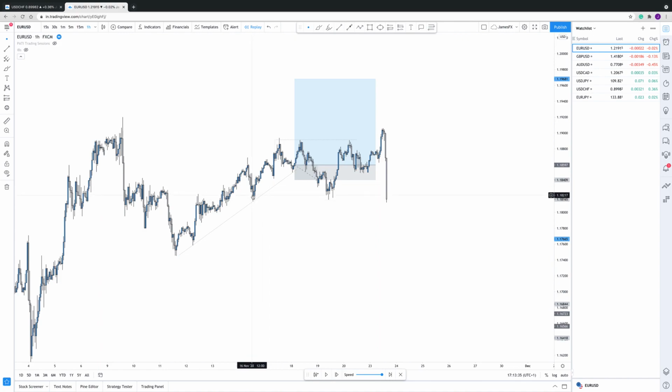So if we have buyers that got involved here, it's likely that if they're holding their trade, they're going to be managing their trade at the lows, because as we know, there is liquidity at every high and low in the market, which price tries to move to in order to get that liquidity needed. So this is what's happening here. So we push down, breaking these lows here. Price then comes back up, and